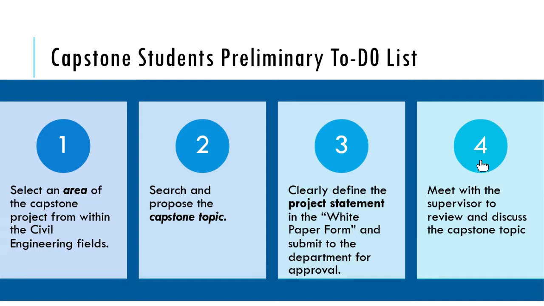And the last step is you want to meet with the supervisor to review and discuss the capstone topic. As I mentioned, the supervisor will add elements that you could consider, they might give you the thumbs up, and you would have a sophisticated and complicated enough design or research, and they'll give you their approval. Okay, but this is the preliminary to-do list, and it should happen when? In the very first week or 2 in the first semester of your capstone journey.